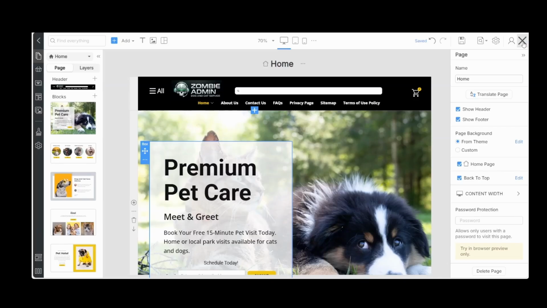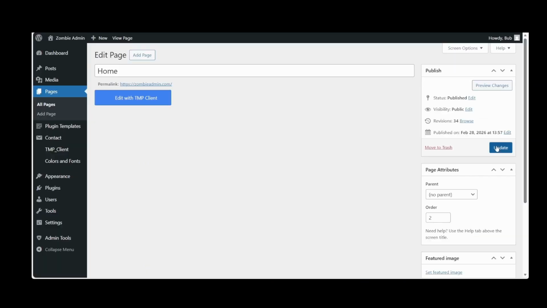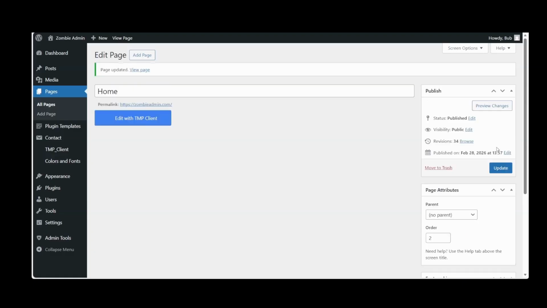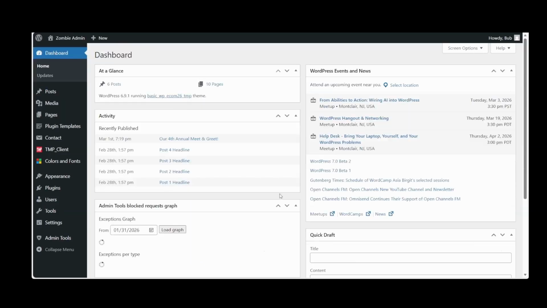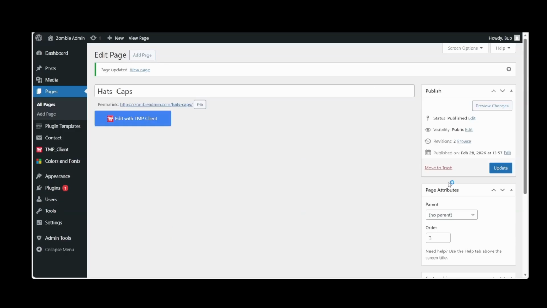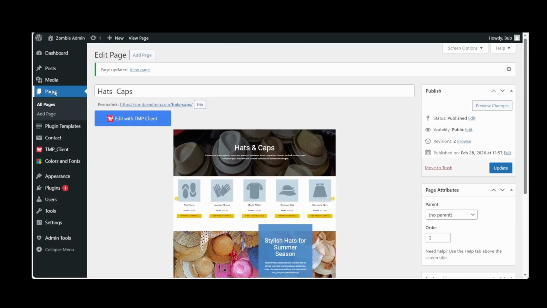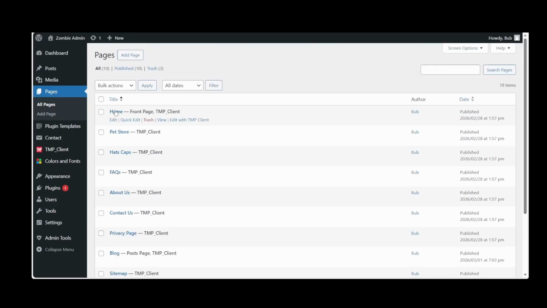X out. Update. Now let's go to the dashboard. Let's go back to Pages. Let's go to Home Page.